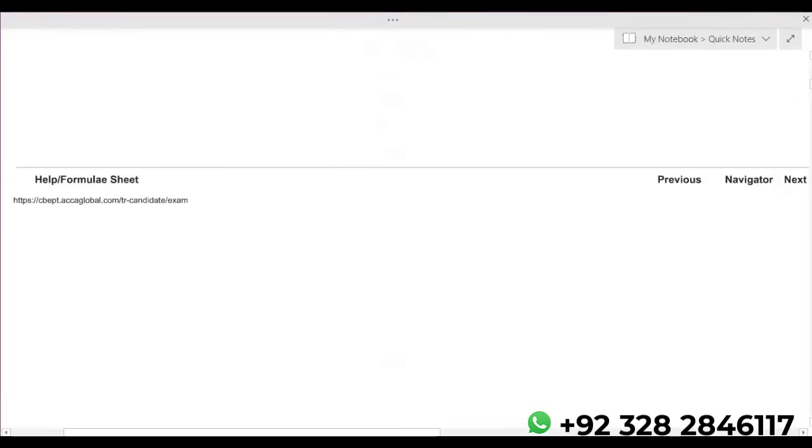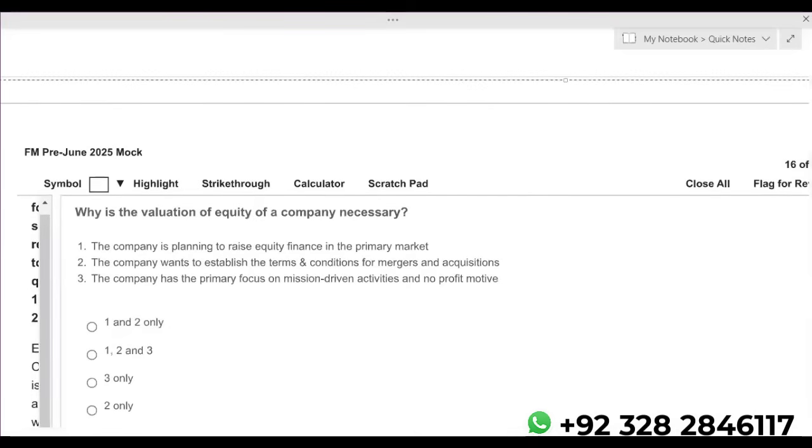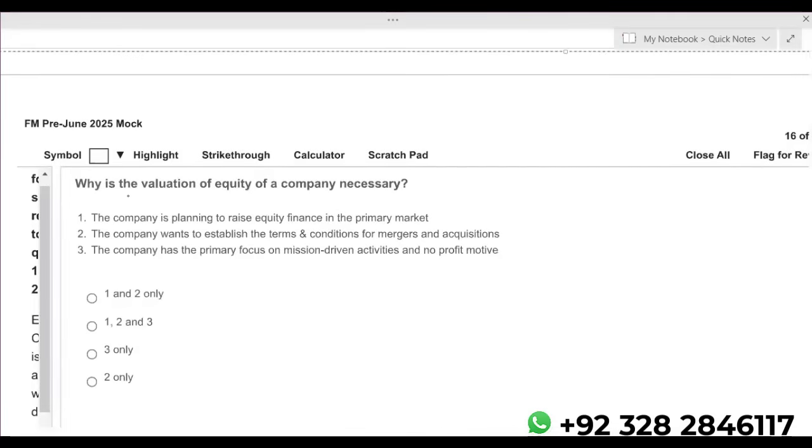And normally we know that in section B, the examiner gives us a small scenario. There will be 3 different scenarios, and on each scenario there will be 5 multiple choice questions. Each question is worth 2 marks. Look at the first question.